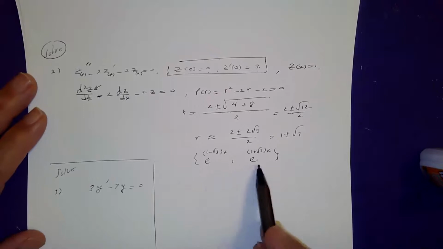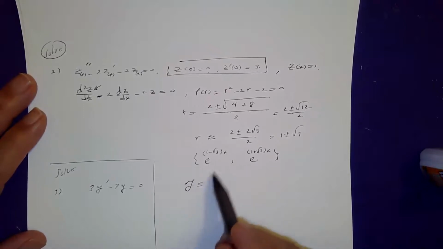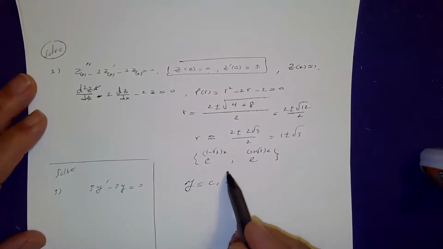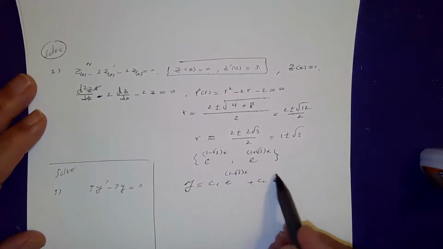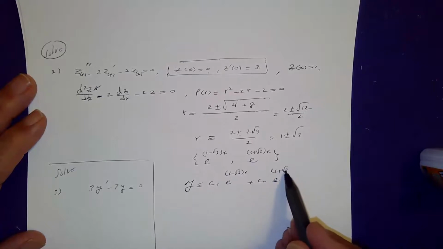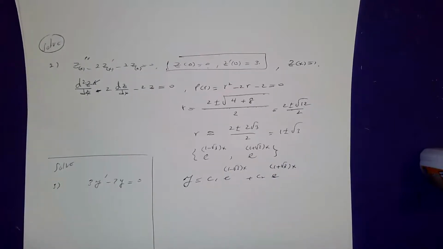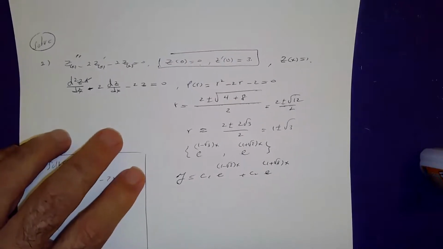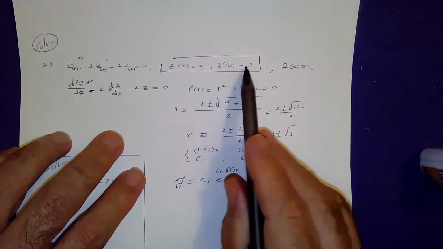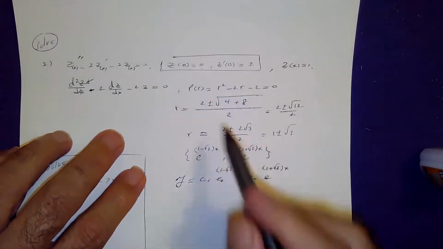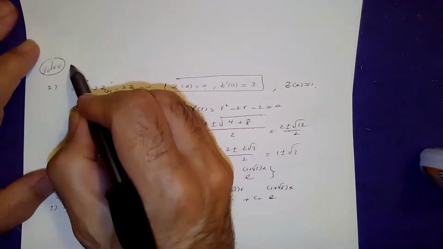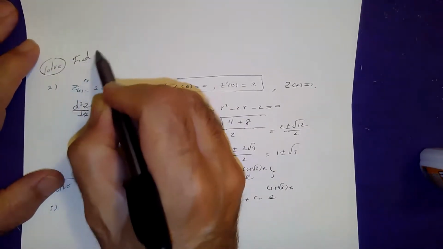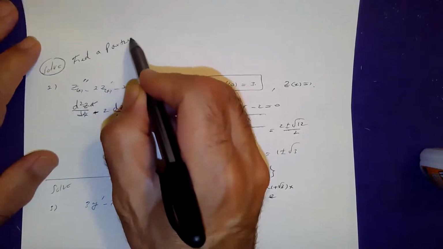But you and I, we both know that's not the answer. The answer is a linear combination of these, c1 e to the 1 minus square root of 3x, c2 e to the power of 1 plus square root of 3x. I brought this up so you can see how I'm going to find the c's, because the minute you have initial conditions, when they say solve, that means find a particular solution,